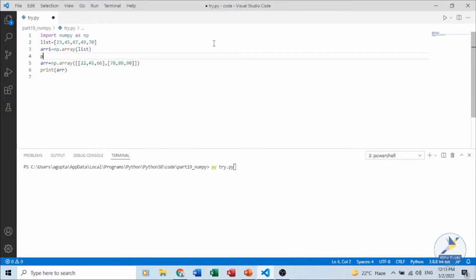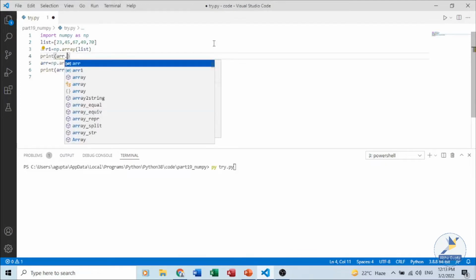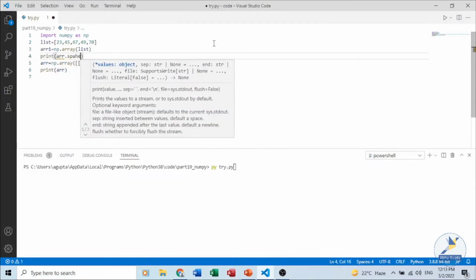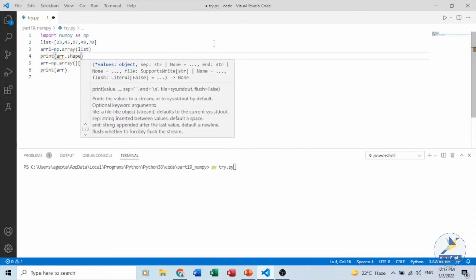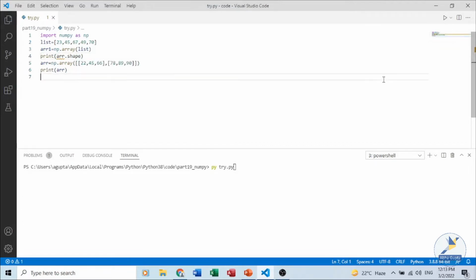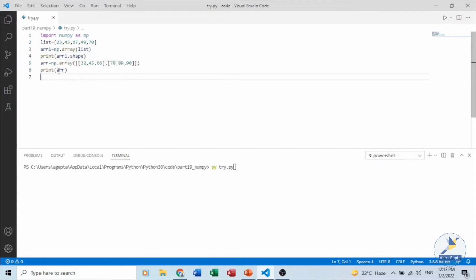If I write print ARR dot shape to see the dimension, we can simply print the dimension. Let's see. ARR1 dot shape, and here we want to print ARR dot shape.